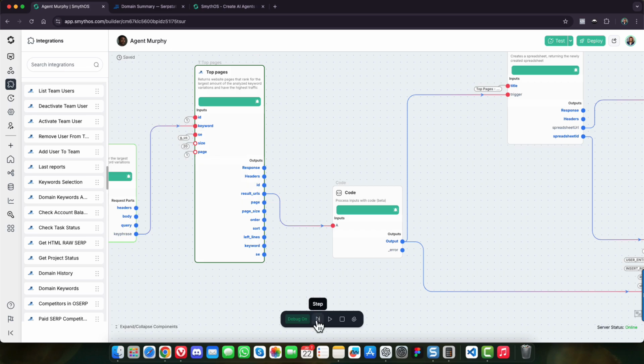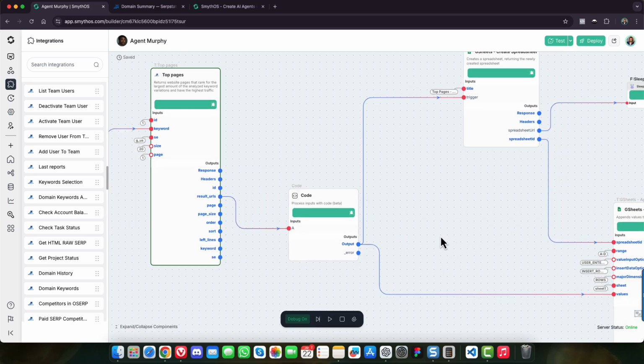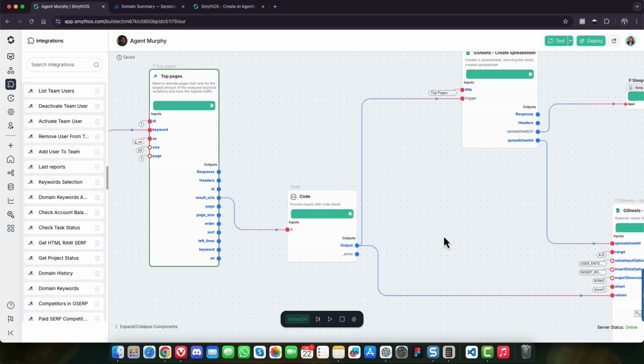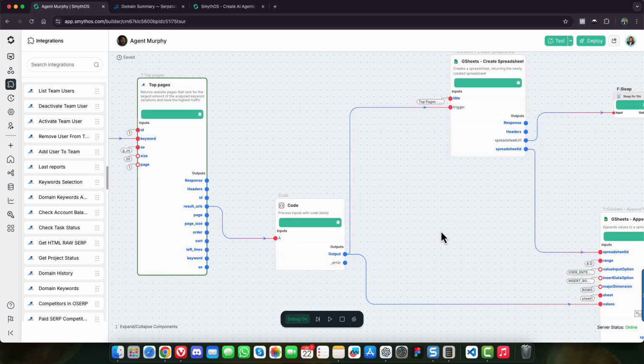Now I'm going to click step. There are two ways that you can debug. If you want to debug per component, one at a time, you can just click step every time a component finishes its task, until you reach the end of the workflow. Or if you don't want an interrupted workflow run, you can just click run.